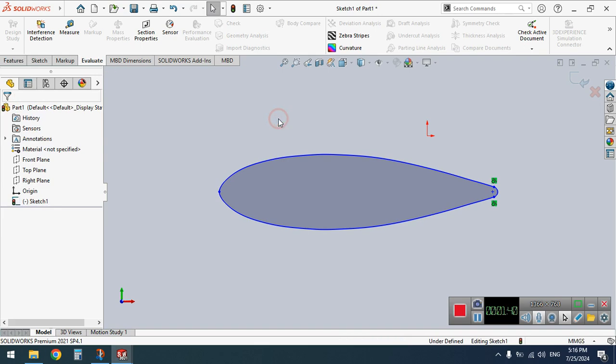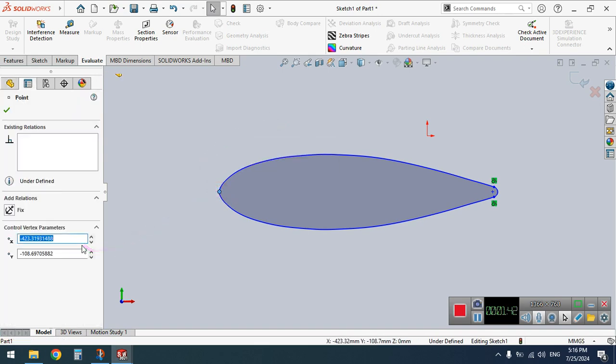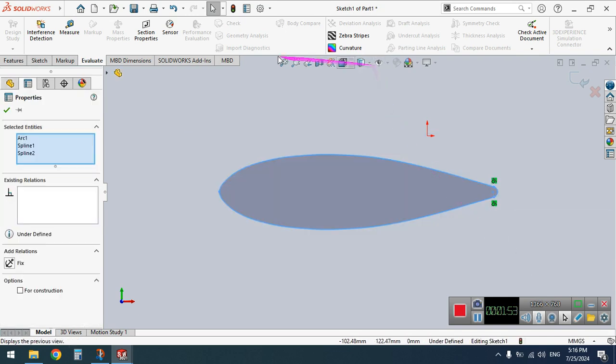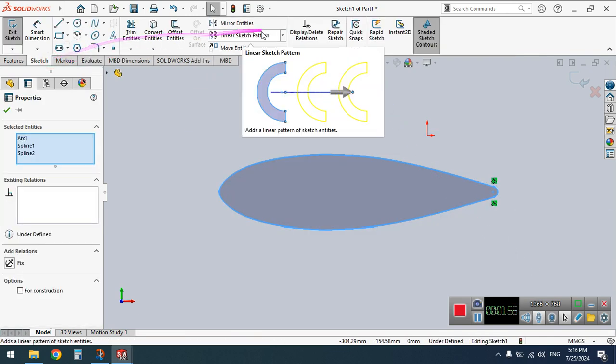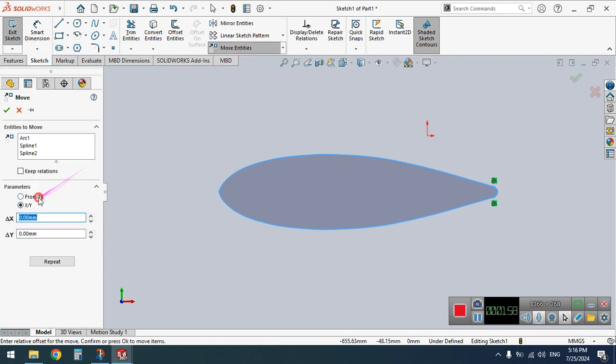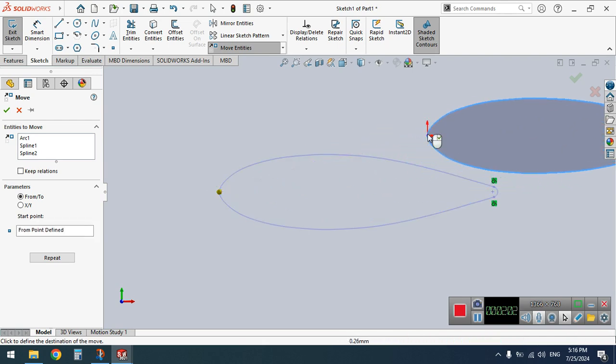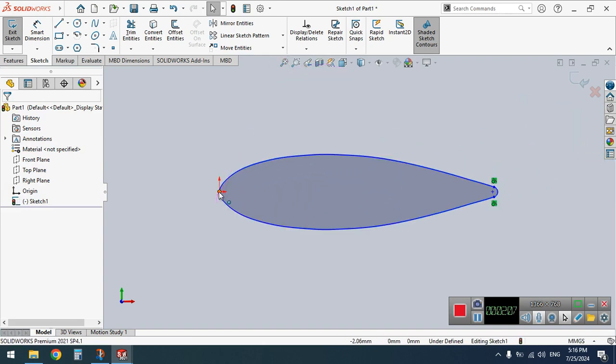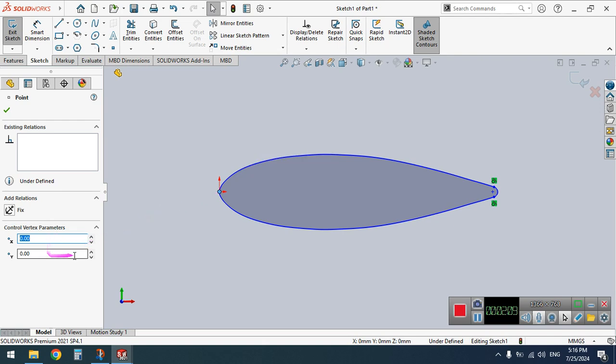Just let's move it out, these values 423 and 108, or here sketch, move entities from 2. I put it here to here. Okay. Now if you click on this point, the coordinate is 0 for both x and y,